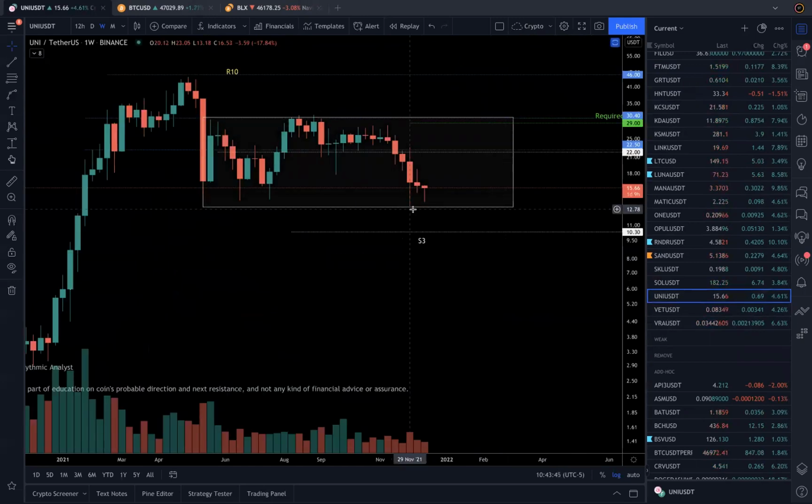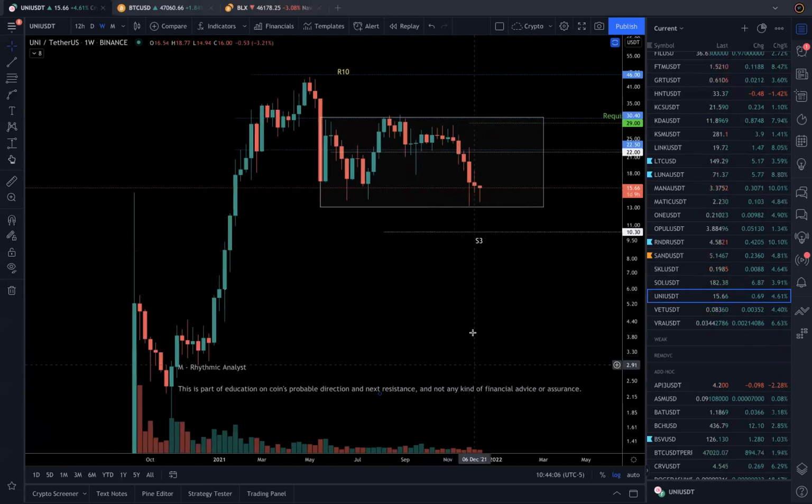Uni is surviving. This is survival mode, pretty weak, right? But it's trying to defend this level. If this is taken down, then S3, and there's nothing much. And this structure is not good actually. If this is taken down, S3 is not able to hold. I doubt it could